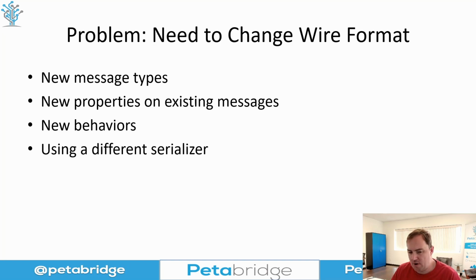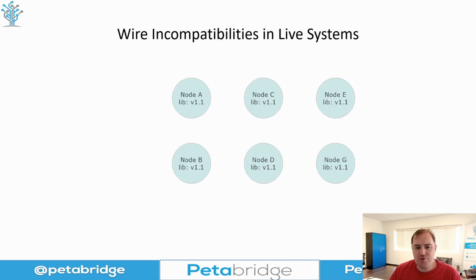So for instance, you might want to move from using Newtonsoft.json to using protobuf because you get a whole bunch of compression savings on the size of the data. It's also faster, it's also more secure, etc. So there might be a lot of different reasons why you might want to go about changing the wire format inside your application. If you do this without really planning and thinking things through, what you're going to run into